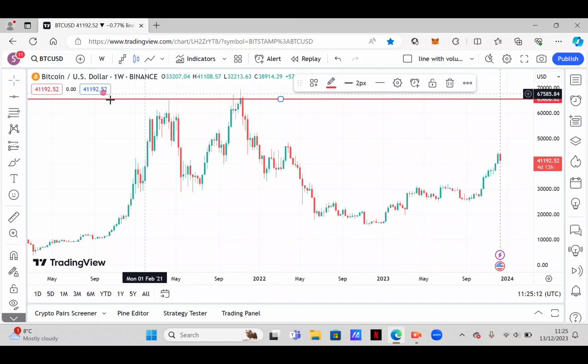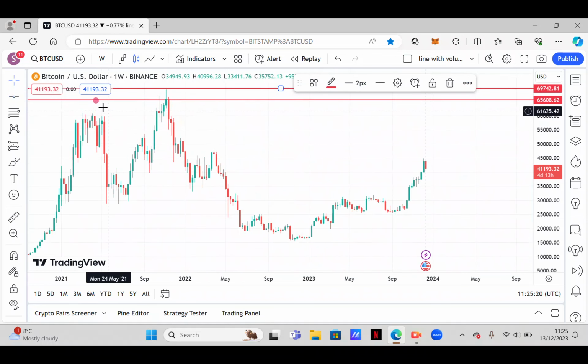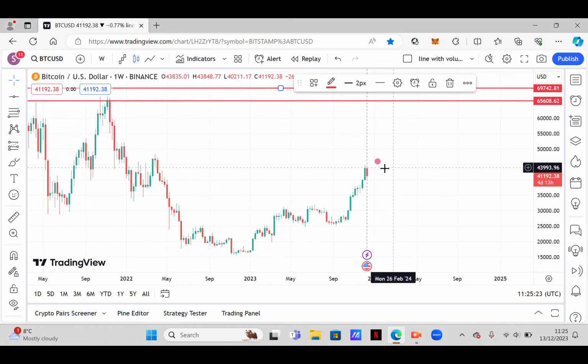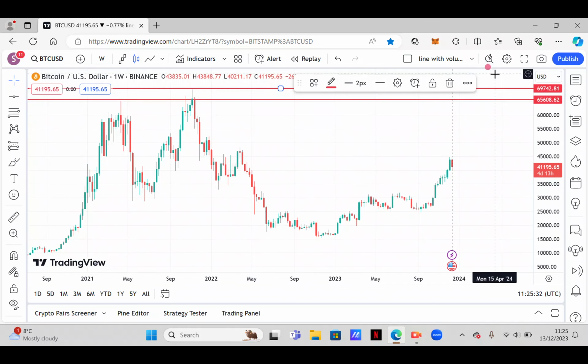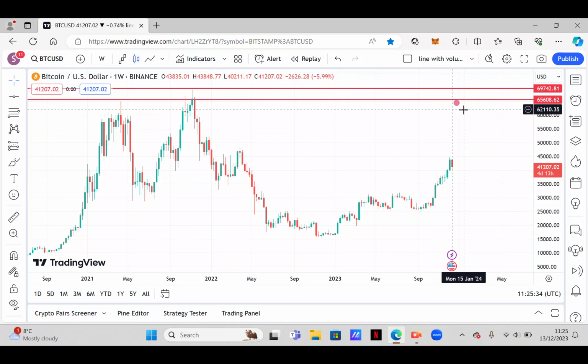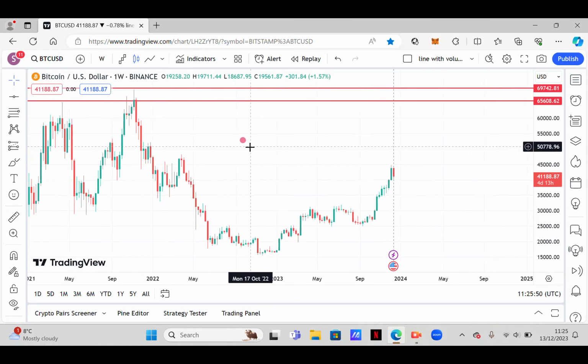There was another, we can draw another resistance here if you want to. Okay. So for future reference, those tops are interesting. If we get to here, this will be a resistance, and if you break it, then it becomes a support. It means that then to go down is hard. You will be kind of stuck on the top, and you will need a lot of force to go down, because there is big selling. If broken and we go on top, they will become big resistance, big buying. Okay,